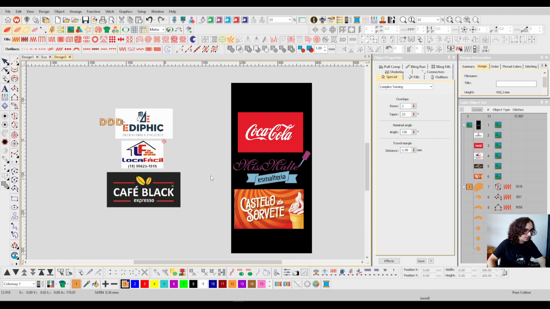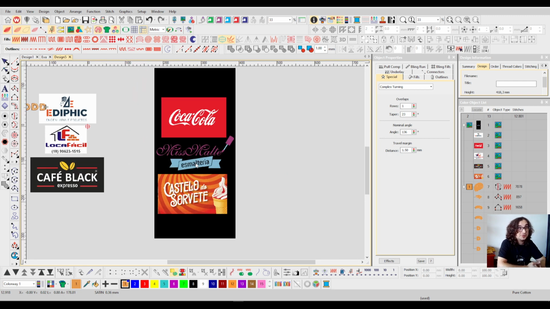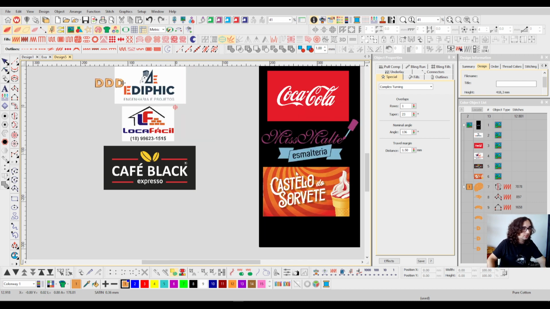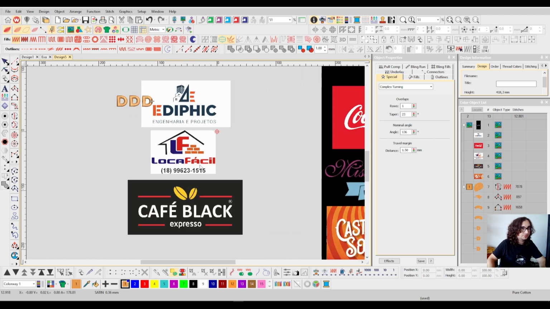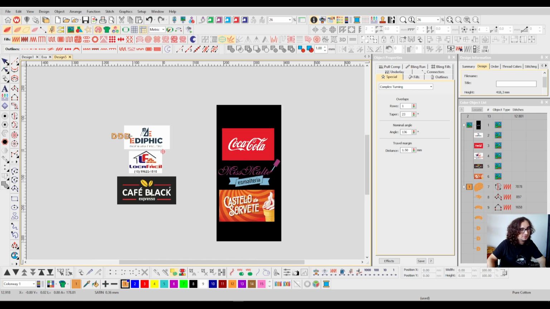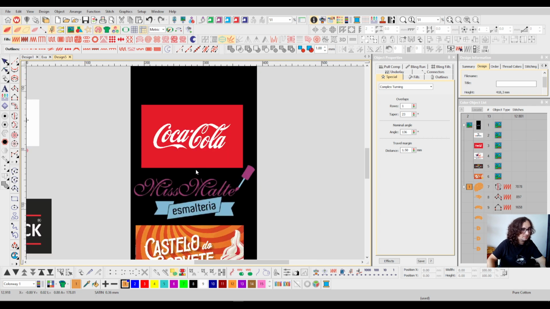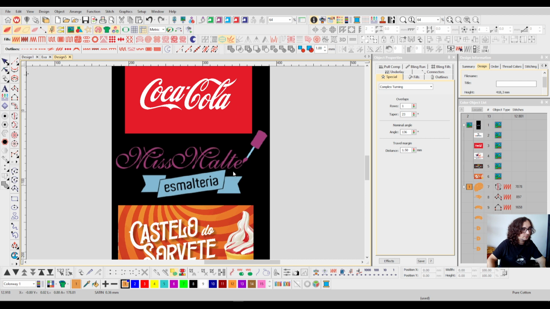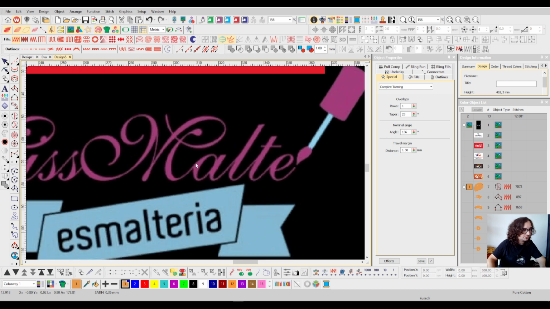Okay, digitizing letters backwards. Why do I do cursive letters backwards? Mainly for cursive stuff. You can do it with, I don't know how you guys call these letters, the normal letters. You can do it with them, but it is not so useful for them. But for cursive stuff, it is pretty useful, because